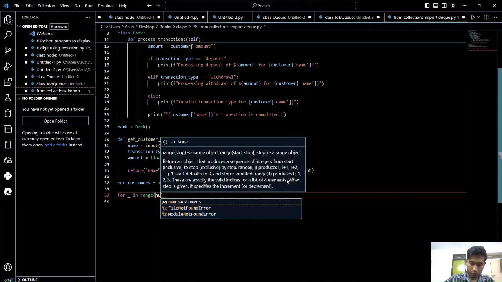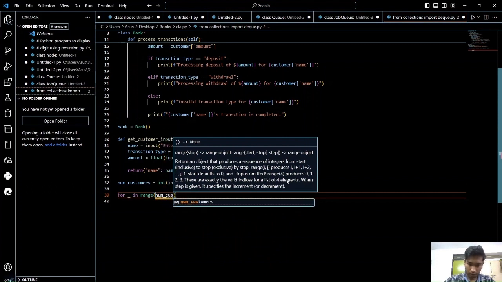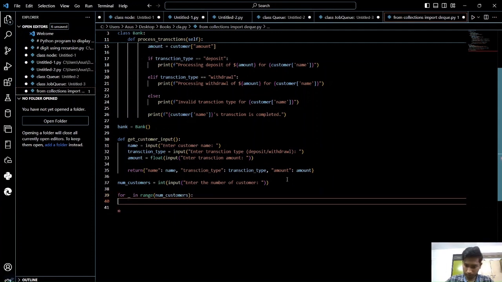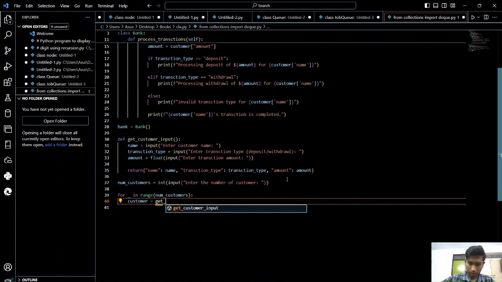Means num equal to, num parenthesis bracket customers. Get customer input. Okay,